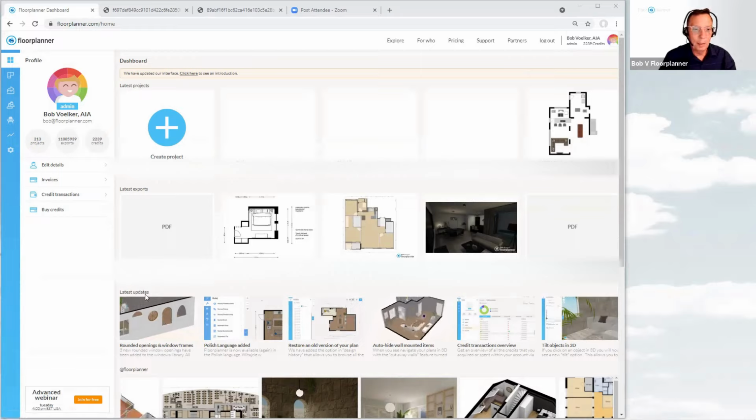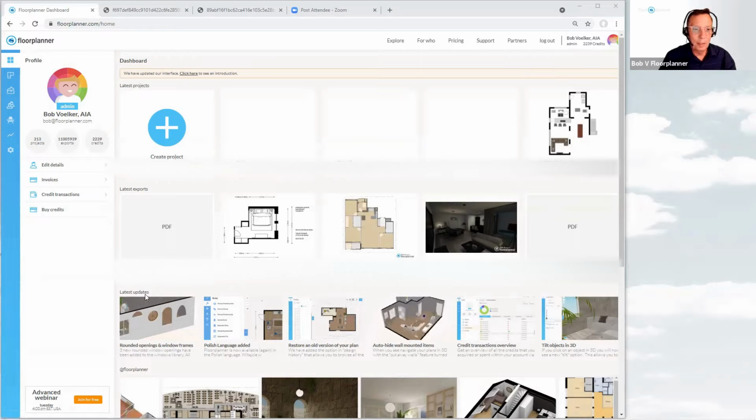So let's review what I'd like to talk about today. There are about 6 different updates I want to feature for you. We're going to talk about the tilt objects and 3D tool, a really awesome 3D handler where you can now tilt objects. It's an additional feature. And I want to talk about the credit transactions overview, looking back in your history at where you've allocated your credits within your bank of credits, and where you've purchased or brought on board additional credits into